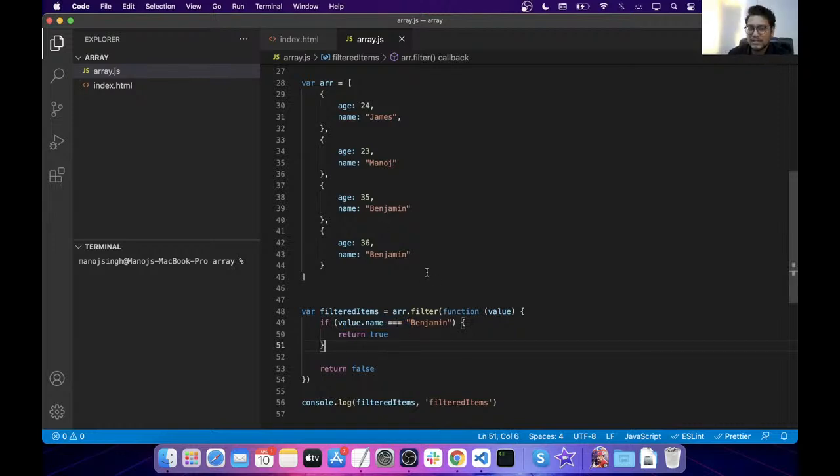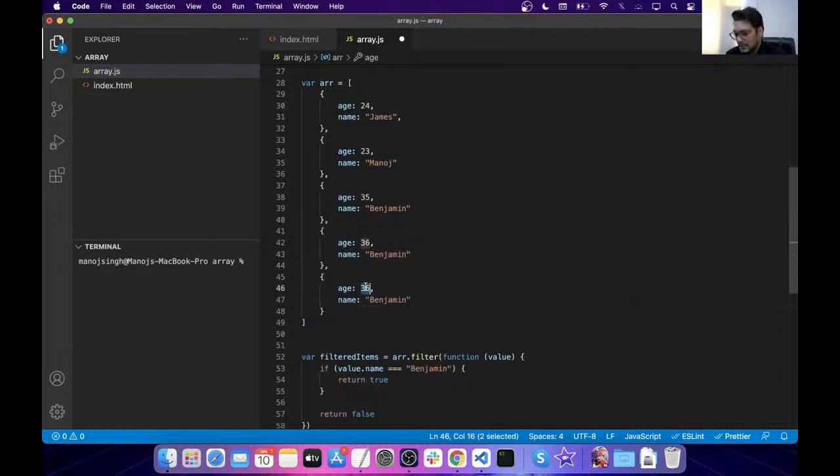Let's put some more conditions in here. So we say we want to return people with the name Benjamin, but we only want to return people named Benjamin whose age is below 24, basically, right? So how am I going to put that condition? So value.name equal to Benjamin, that's good. We want someone with the name Benjamin,